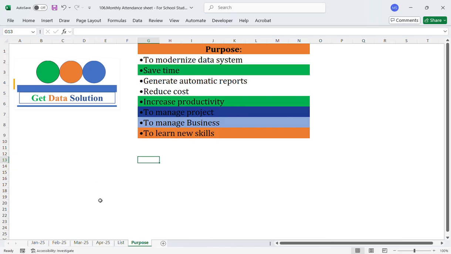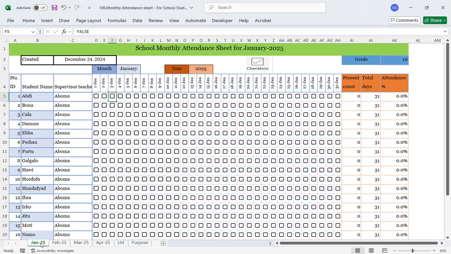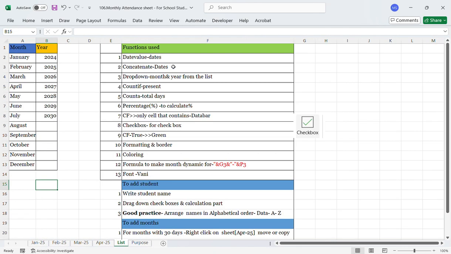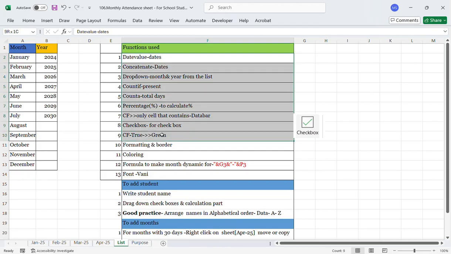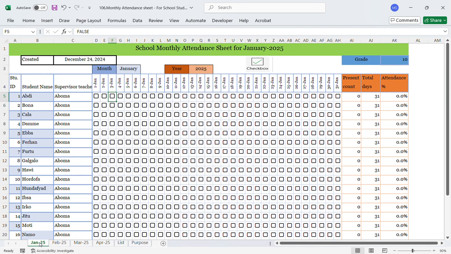So in today's topic, we'll deal with that, and here are the functions we have used, and I'll discuss them in detail. And to add new students as well as to add new ones, what we should do, we'll discuss that as well. So let me directly go to the data tracker, and this is for grade 10 students from the outset,